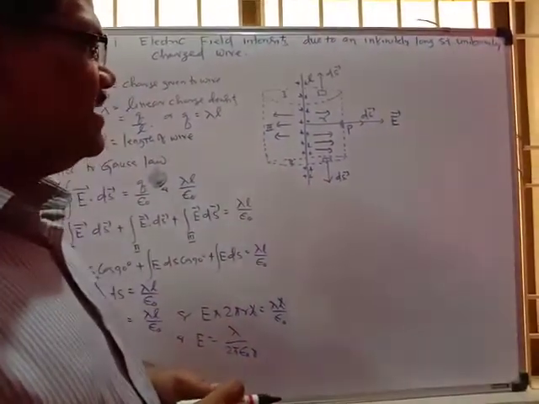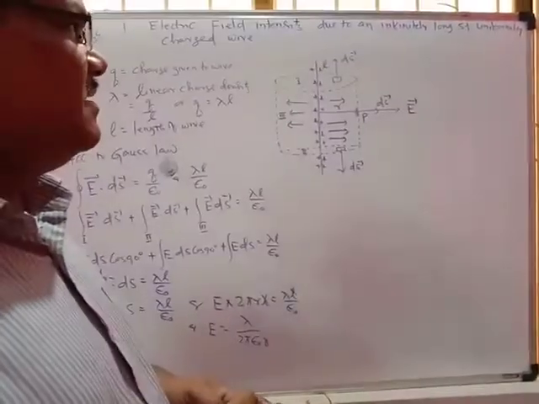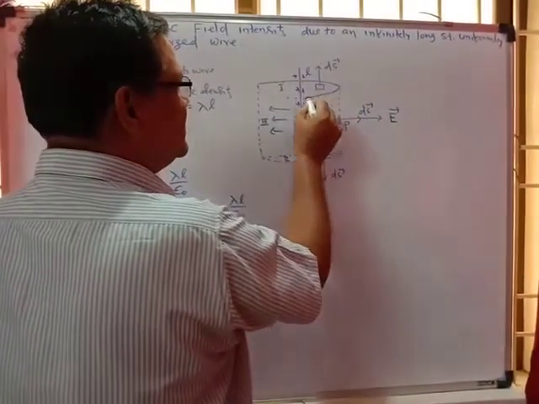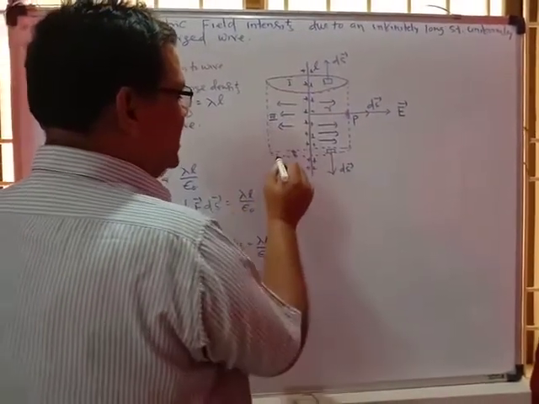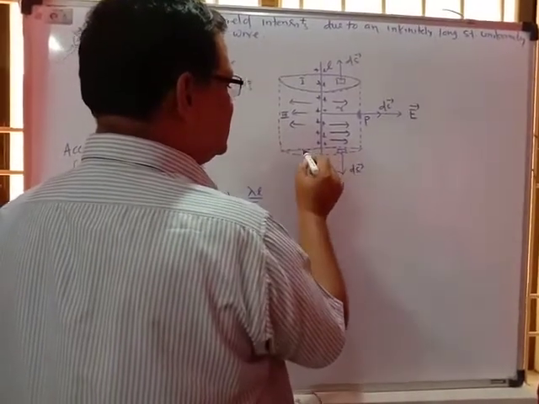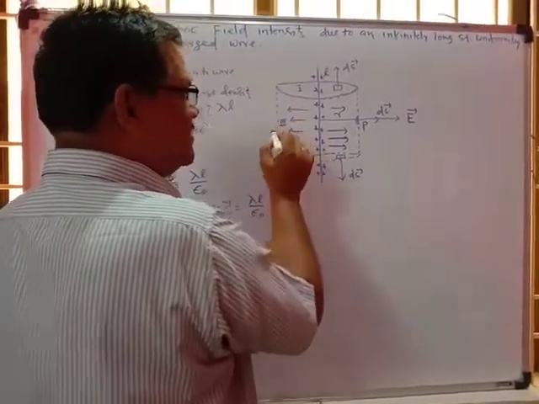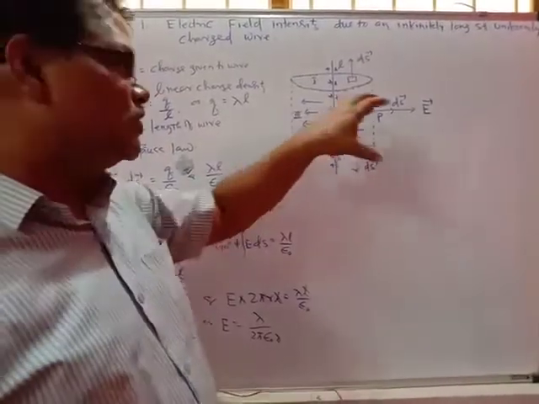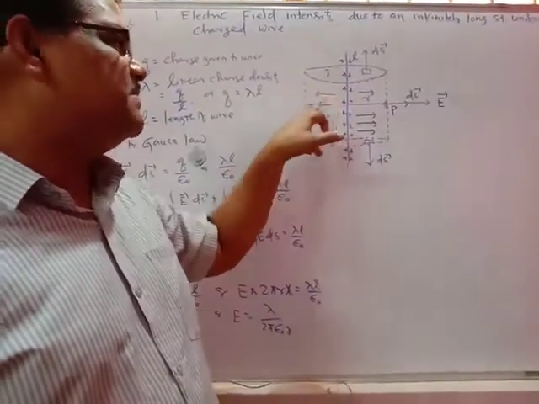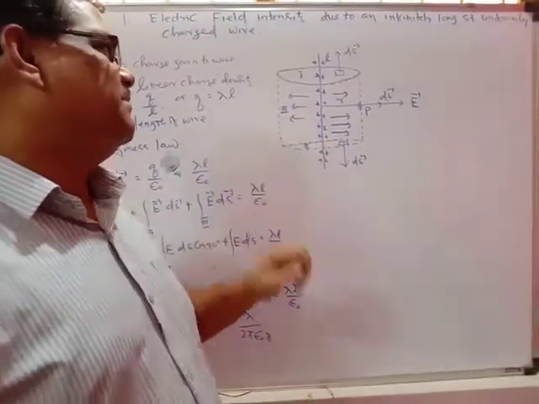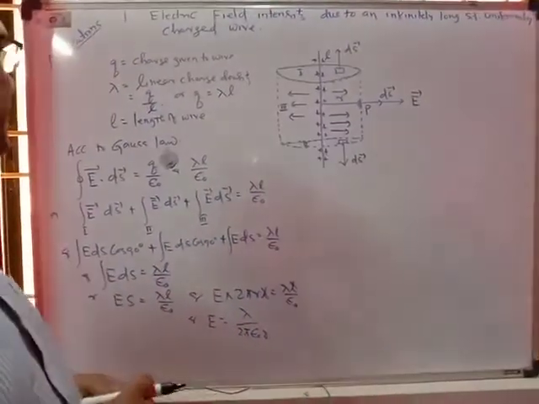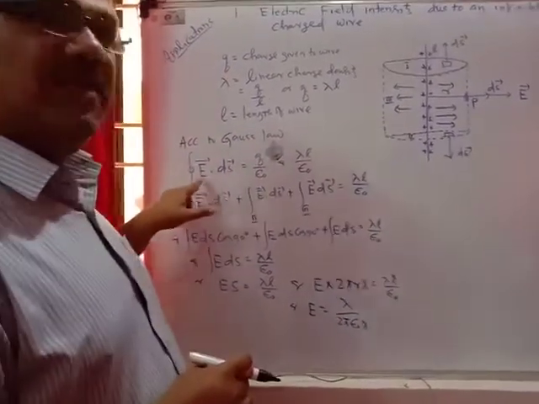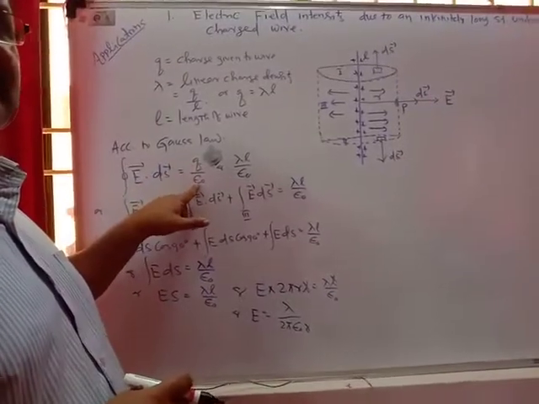And we have to select the different surfaces here. What are the different surfaces? The first is a plane surface, surface number 1. This is another plane surface, surface number 2. And another is the curved surface, surface number 3. So what will be the flux linked to the closed surface, meaning 2 plane surfaces plus 1 curved surface? If I apply Gauss's law, what is the formula? The integral of E vector dot dS vector, that is the total flux linked, equals Q upon epsilon naught.